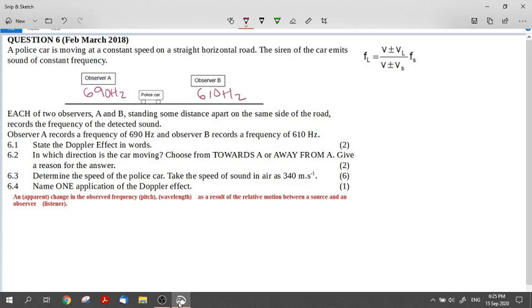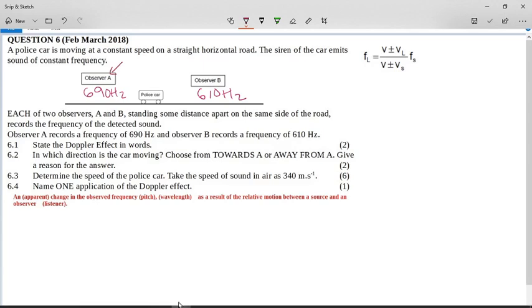State the Doppler effect in words. So that's an apparent change in the observed frequency as a result of the relative motion between a source and an observer. Okay, so we've got two stationary observers here and a moving police car. You can see that observer A has got a high frequency, and observer B has got a